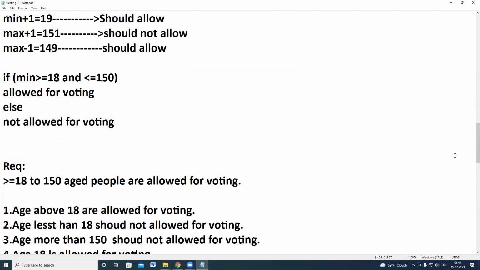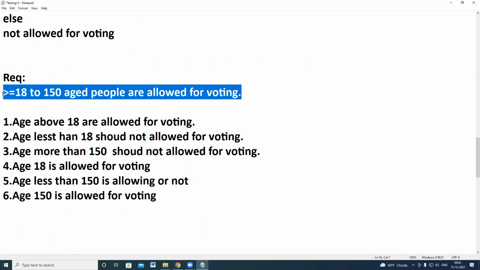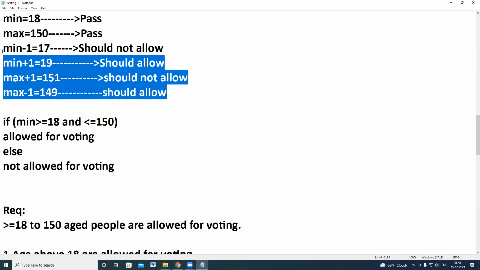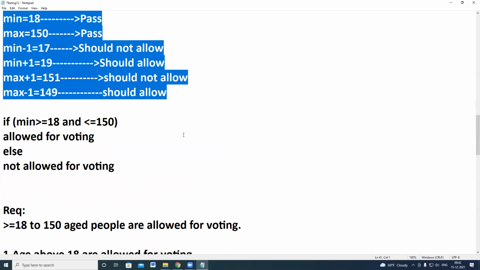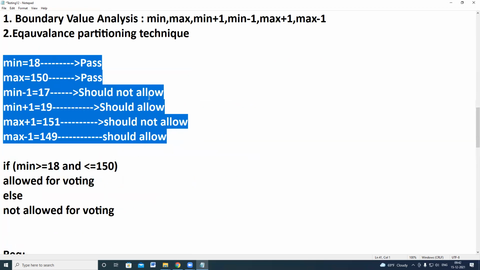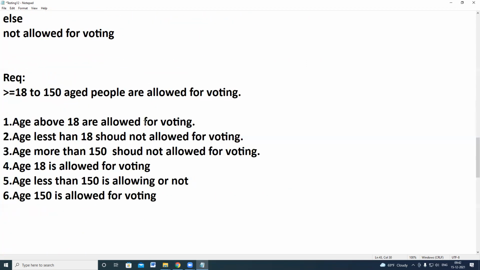For this requirement, we followed boundary value analysis and wrote all these 6 combinations of test cases, and we are ensuring that we are covering all the functional test cases. In boundary value analysis, we understood all the boundary conditions have been perfectly verified.